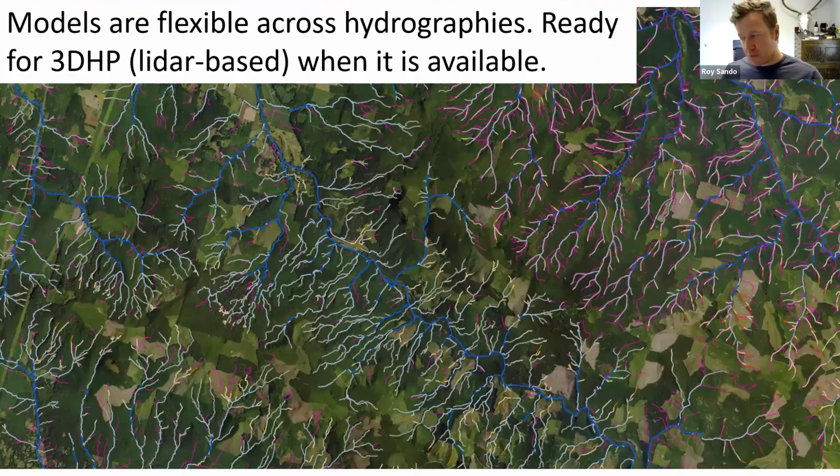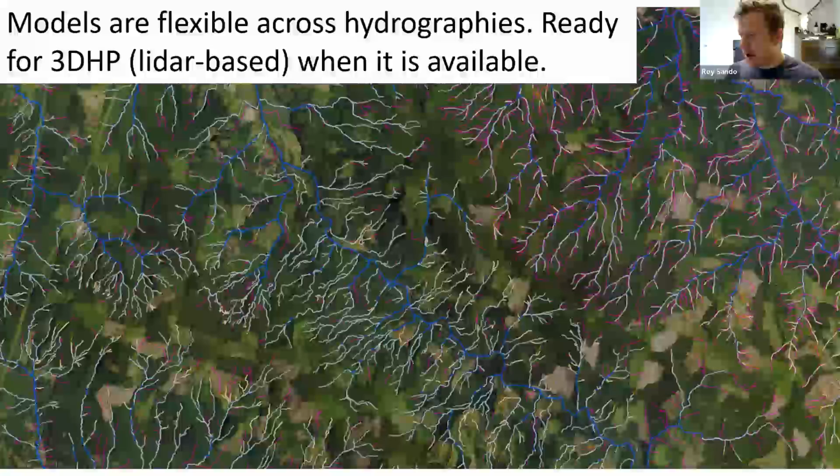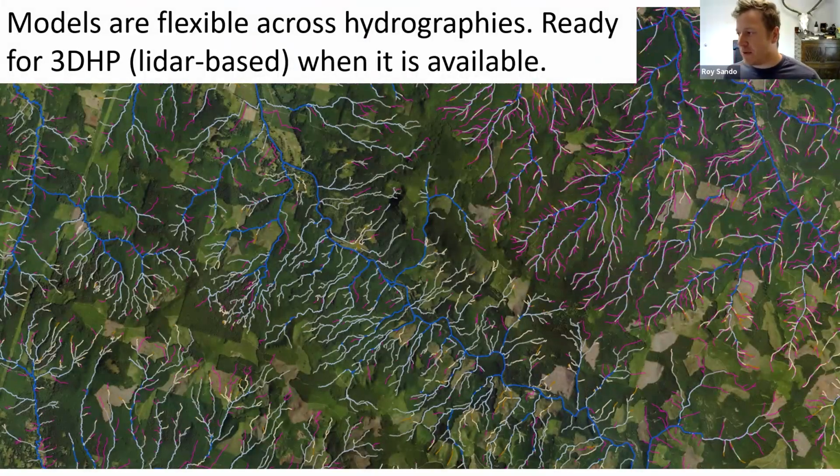Another important thing about the models we're working on now is that they're flexible, which means we'll be able to incorporate multiple hydrographies. The hydrographic map that you're looking at here is showing our high resolution national hydrography data set in the blue, the lower coarser resolution. On top of that, the pink are LiDAR based hydrography. So you can see how these change. We're thinking about that in terms of model development, and being able to incorporate this as they change will be important.